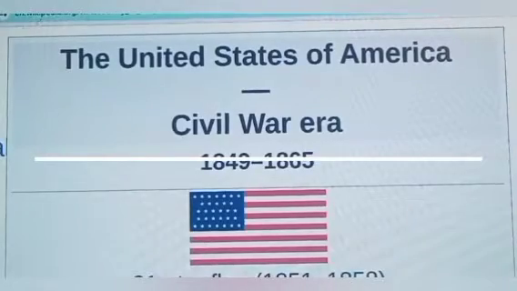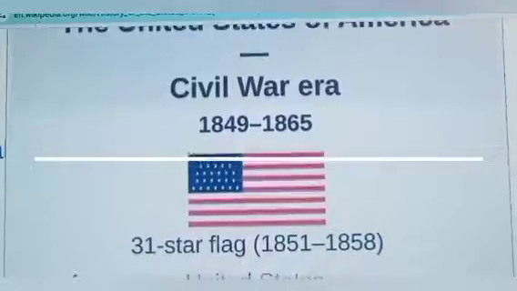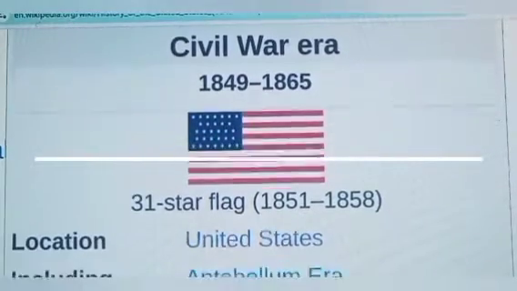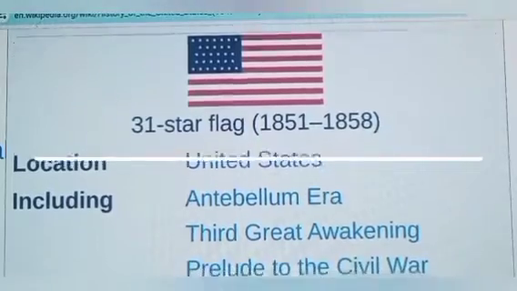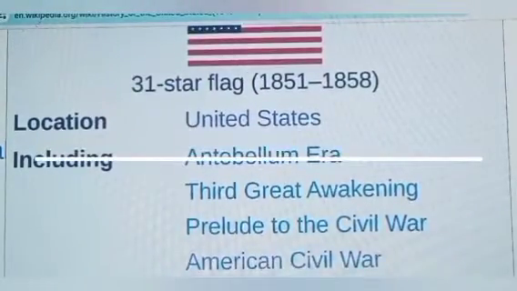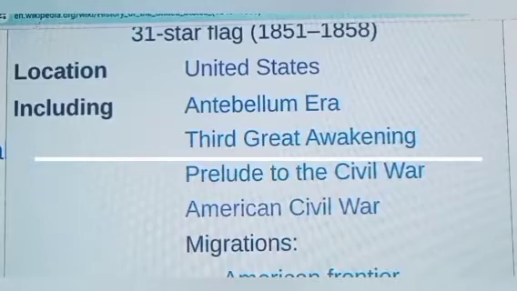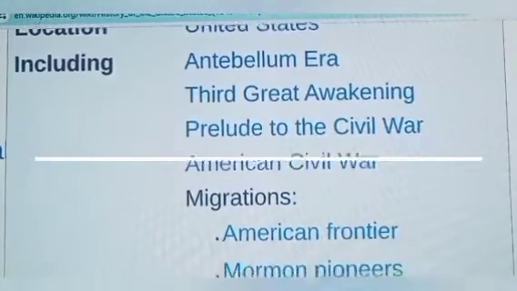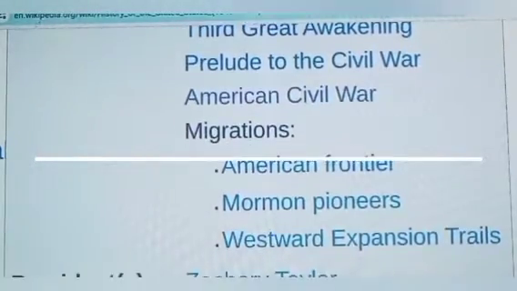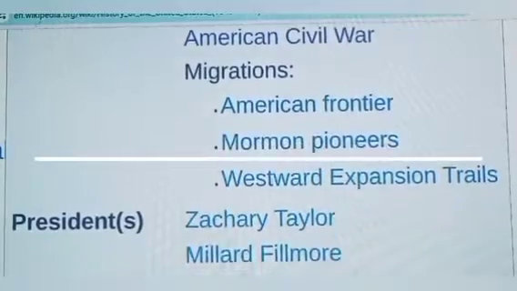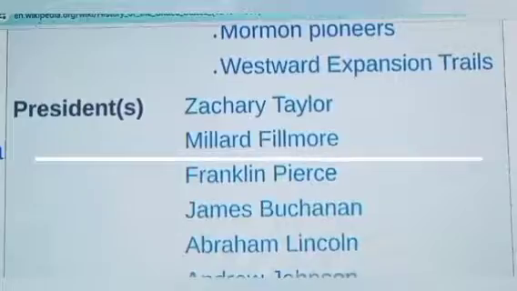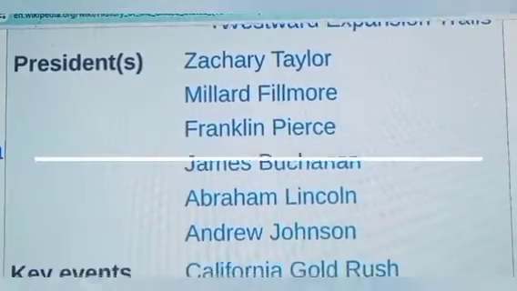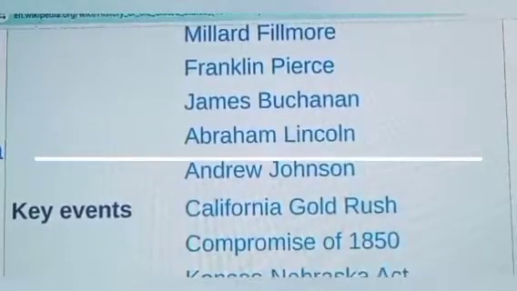The United States of America, Civil War era, 1849 to 1865. 31 Star Flag, 1851 to 1858. Location: United States, including the antebellum era, Third Great Awakening, the prelude to the Civil War, American Civil War, migrations, American frontier, Mormon pioneers, westward expansion, trade trails, and the presidents were Zachary Taylor, Millard Fillmore, Franklin Pierce, James Buchanan, Abraham